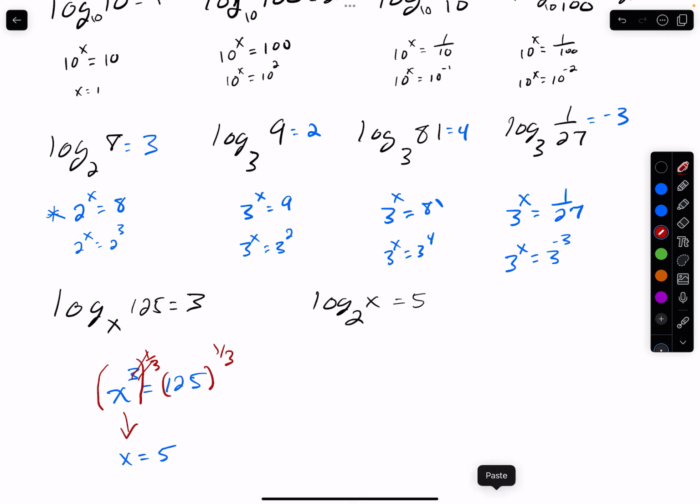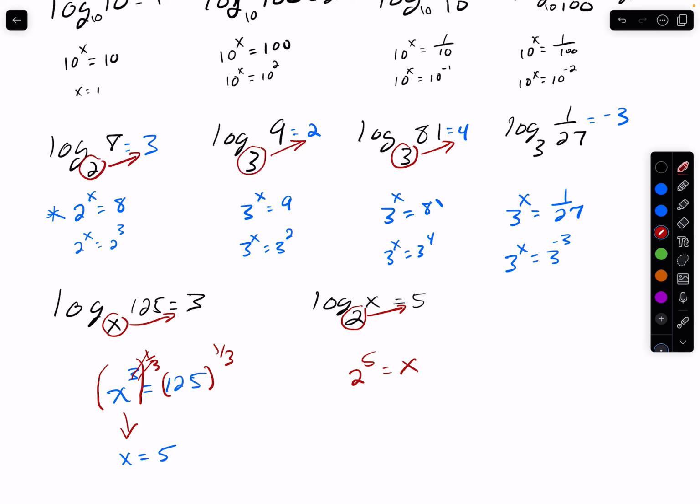And coming up on this last example here, 2 to the 5th power is what? I remember in high school, I always used to draw this. I would say 2 to the 5th, I would say x to the 3rd. You can also do that. 3 to the 4th is 81, 3 squared is 9, 2 to the 3rd. Then just evaluate that in your calculator, and 2 to the 5th power is